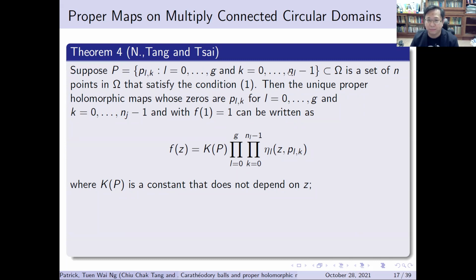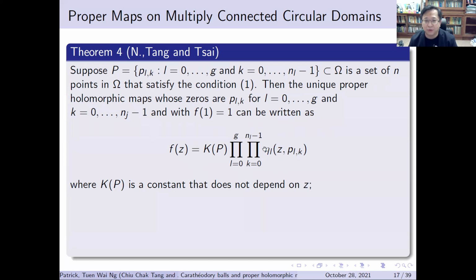If you remember, this n_l is really the boundary degree of f restricted to gamma l. Assume all these points satisfy the harmonic measure condition. Then there exists a proper map with these zeros and sending 1 to 1,